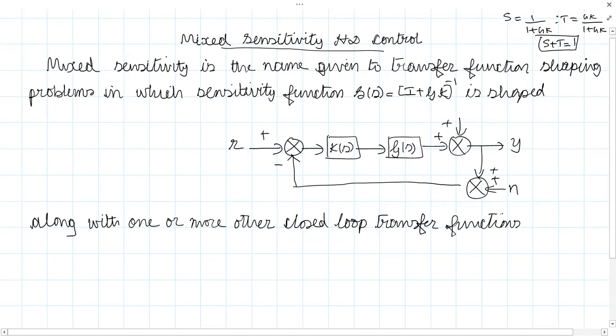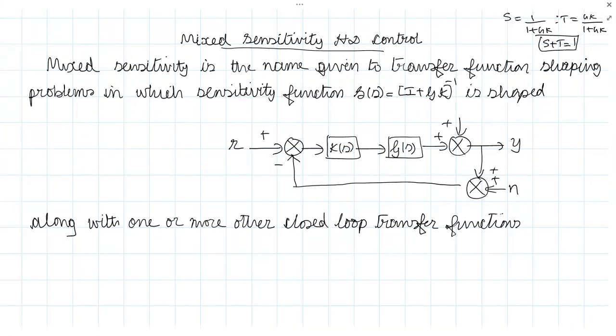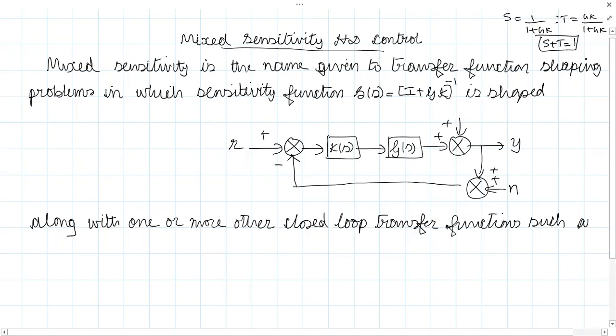In addition to minimizing sensitivity, say you want to minimize the control effort. So there will be two objective functions, right? When you have more than one objective function to be minimized, we get what is called a mixed sensitivity problem, such as K of S into S, or T of S, which is nothing but 1 minus the sensitivity function S of S. Usually practical applications use a combination of several objective functions, like accomplishing good tracking at limited energy or something like that.